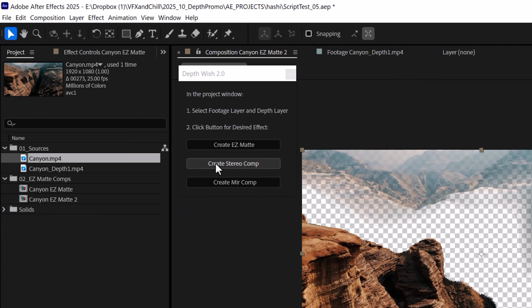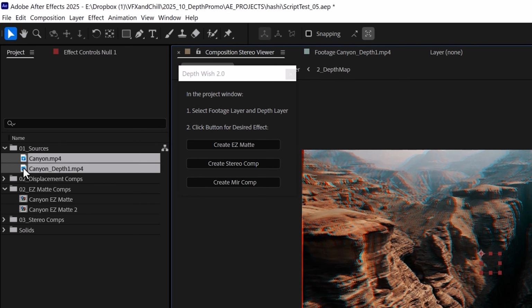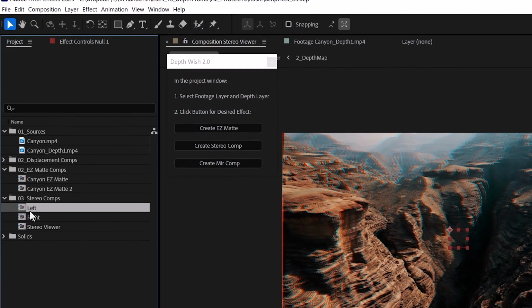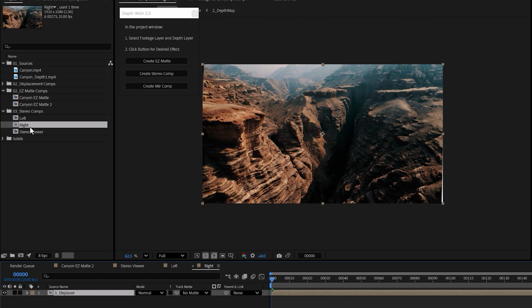All right, next up we've got Stereo Comp. It works just like the other. You select the footage and the depth file and then click Create Stereo Comp. And you'll see that it'll try to sort things into nice comps like this. So there's a Stereo Comps folder now where you can view the left eye, the right eye, and a stereo